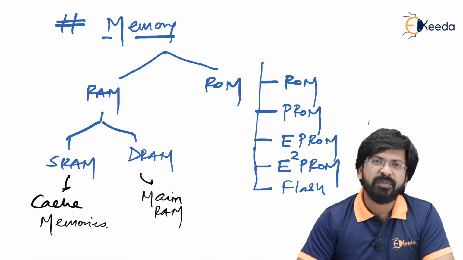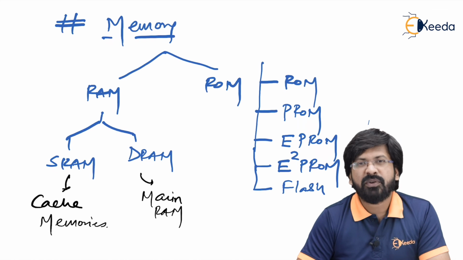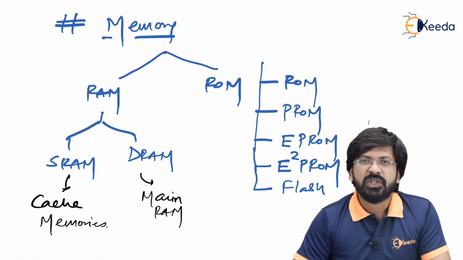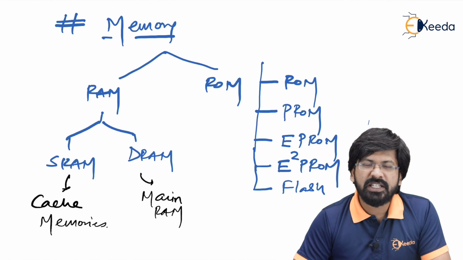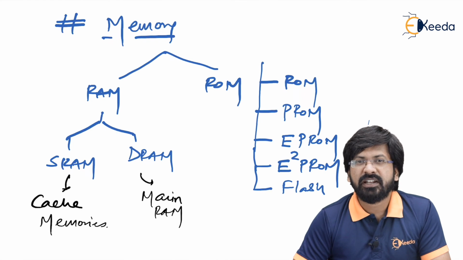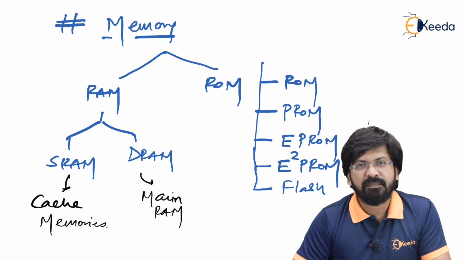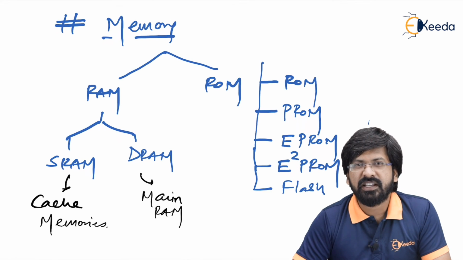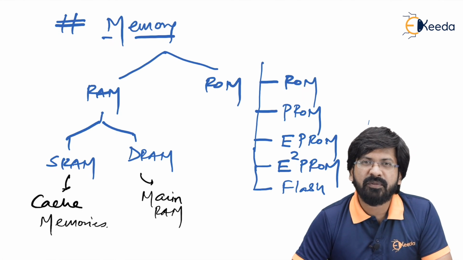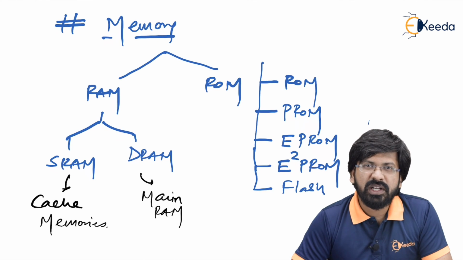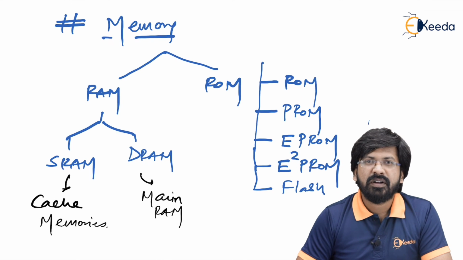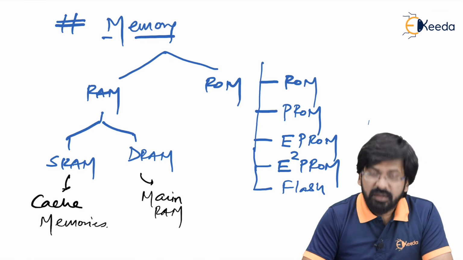So it was a tedious procedure, and to avoid that they came up with a new product called E2PROM, which stands for electrically erasable and programmable ROM. Of course it was like EPROM, erasable as well as programmable, but this time the erasure technique was replaced with electric pulses instead of ultraviolet rays. So you don't have to remove that E2PROM IC from the circuit and expose it to ultraviolet rays. By just applying high voltages, the program inside E2PROM can be removed. So the erasure procedure was quite easier in case of E2PROM.